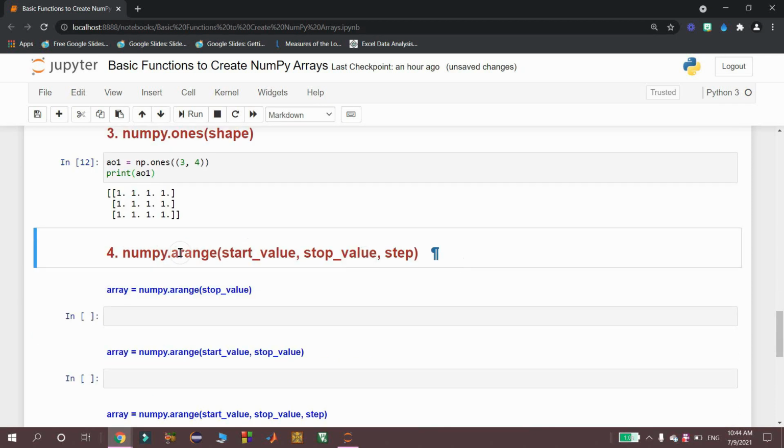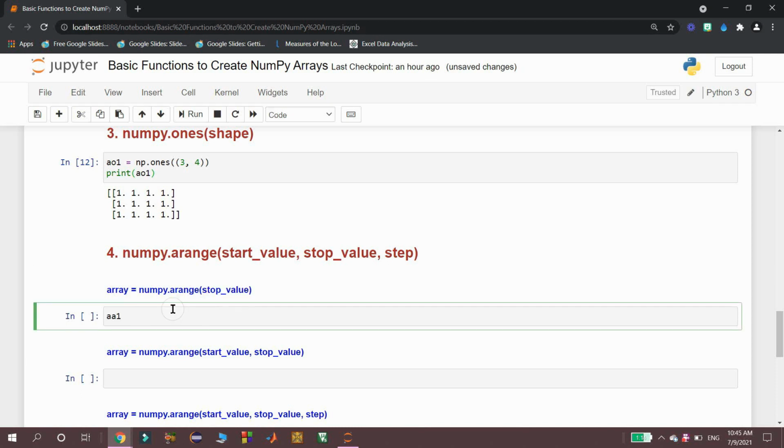And the fourth one in the list is the arange function to get a new NumPy array. Actually, it can take 3 different values: start value, stop value and a step. The first example I am considering for arange function is with only stop value. Then it will consider the default start value as 0 and the default step size as 1. AA1 is equal to np.arange.